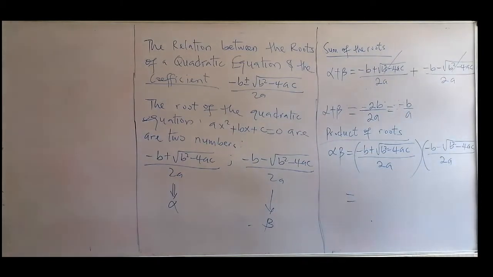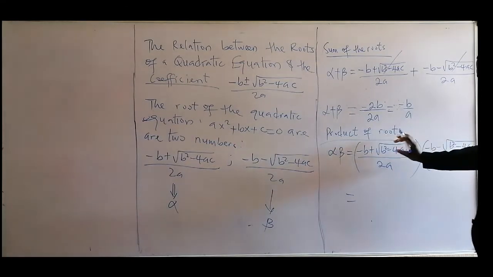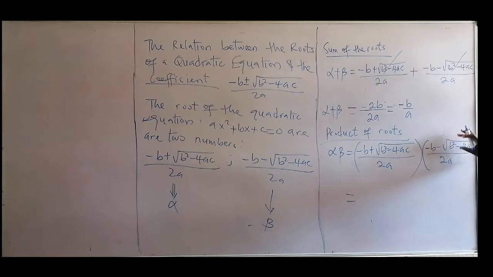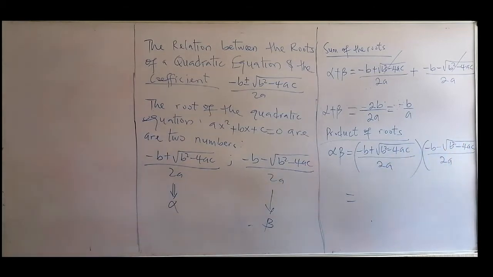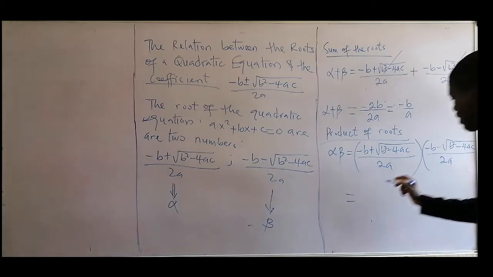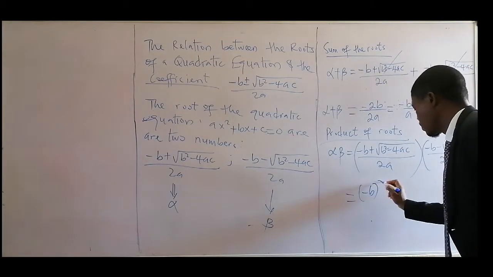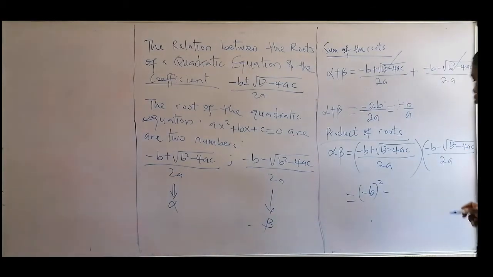What we do is very simple. The numerators are the same, the only difference is the alternating sign, plus here, minus here. So it makes it a difference of two squares. So I'm going to use minus b squared, then minus